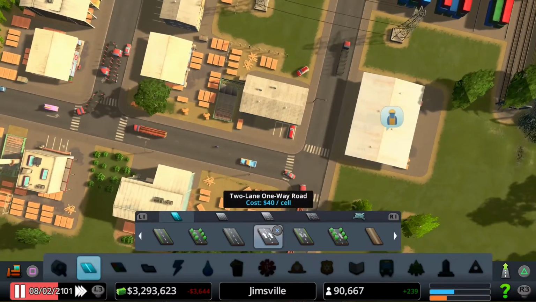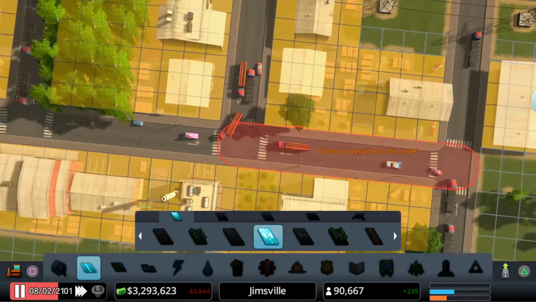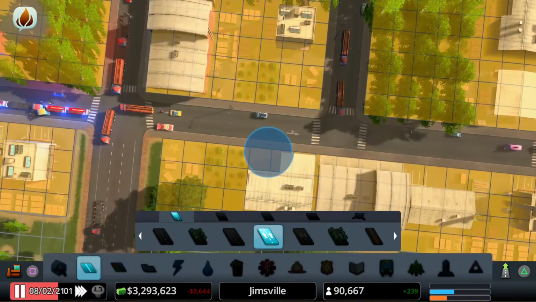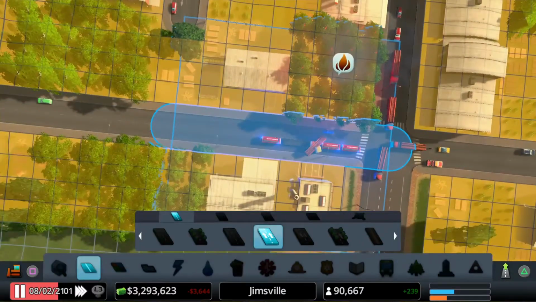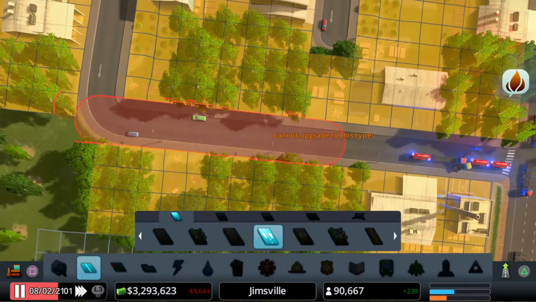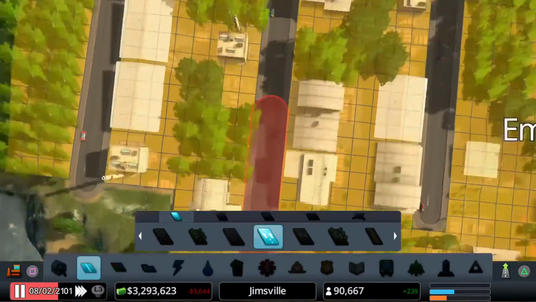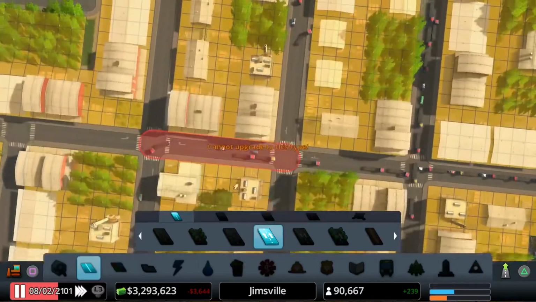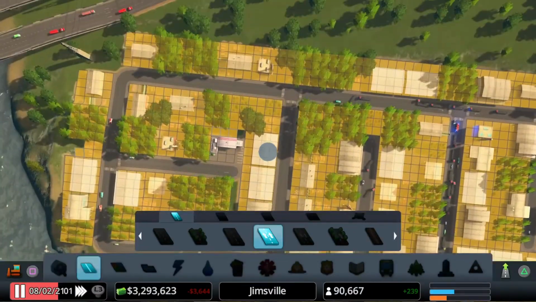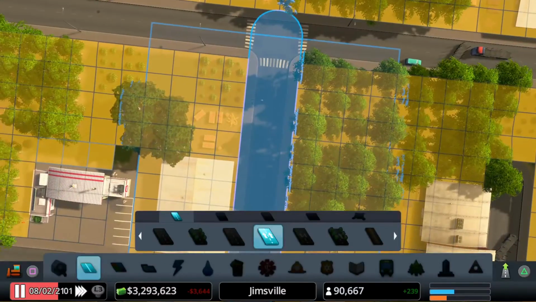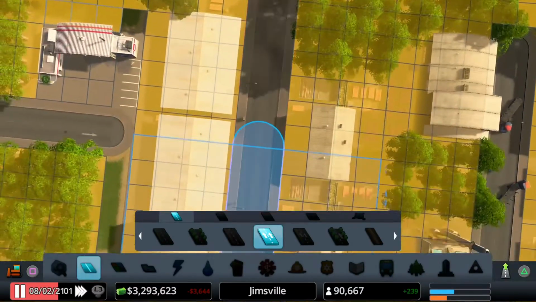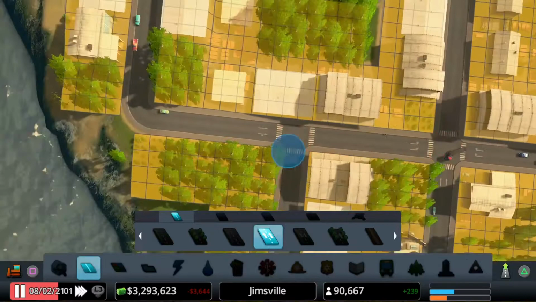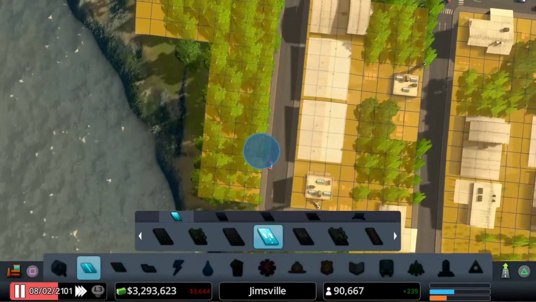So we've got one way coming in that way, so that needs to be one way. That needs to be one way, and so does this. Which means so does this. That needs to be two-way, as does that. Might as well make this one-way as well. That needs to be two-way.